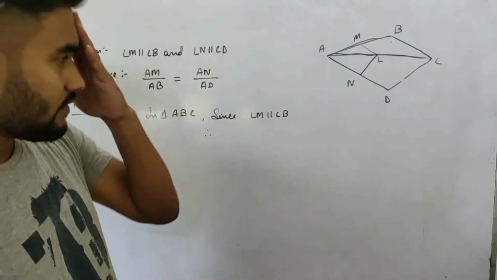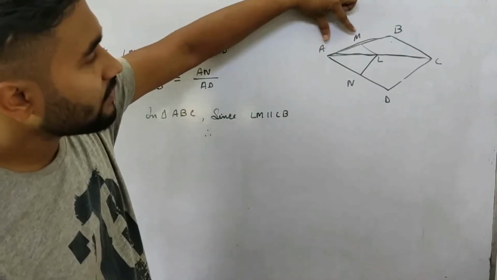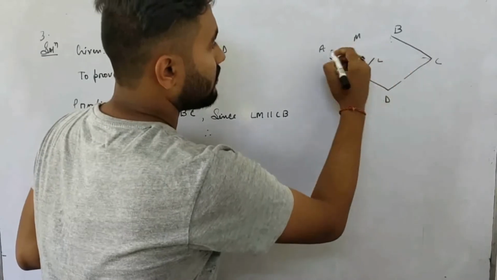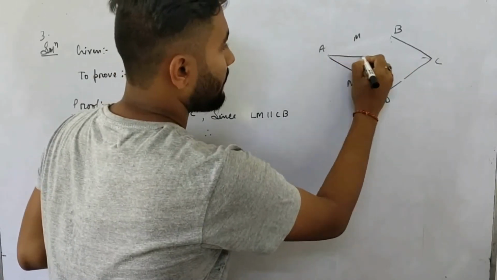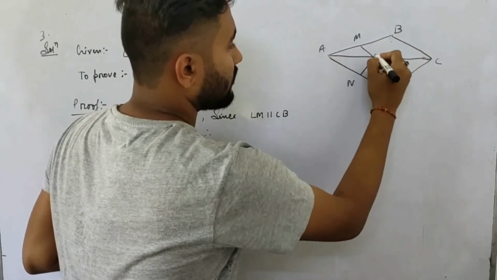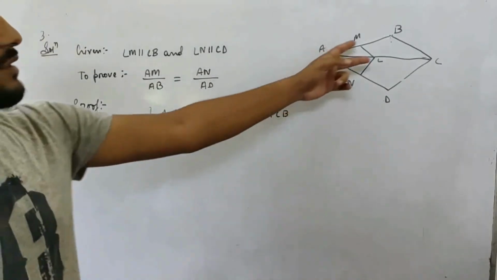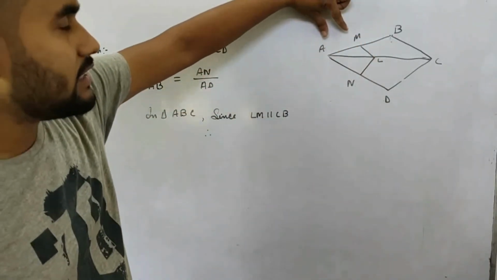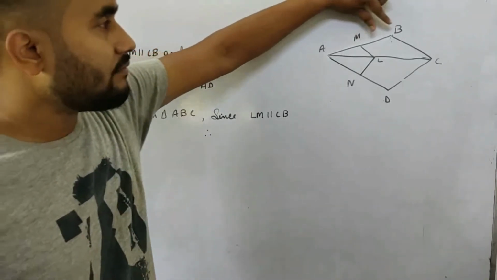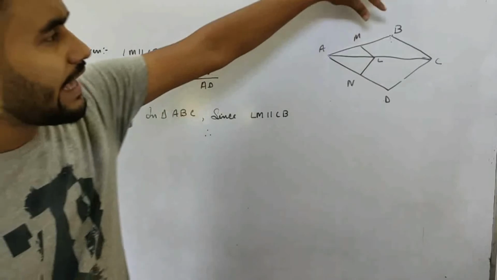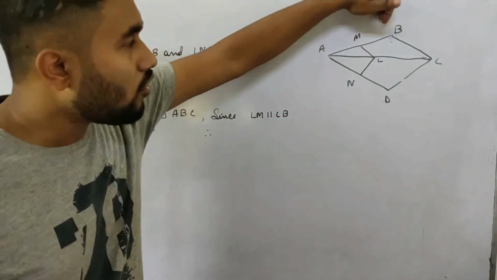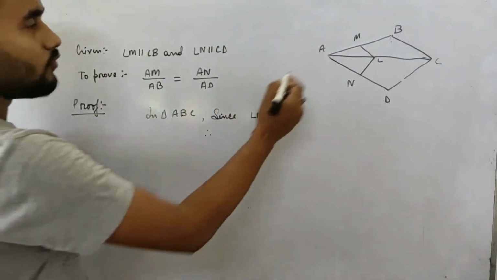So what is the Thales theorem? I can say AM by AB, if I draw this diagram. So in this triangle, LM is parallel to CB. So what will happen? Thales theorem, AM by MB. You can write MB by AM also. Anyway, either you go this way or you come this way, it is okay. So I am going AM by MB,